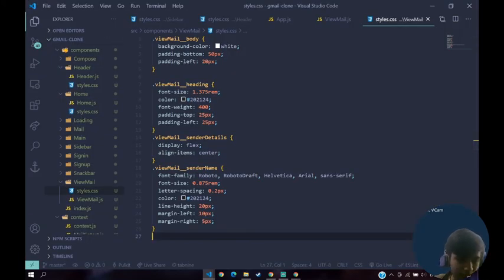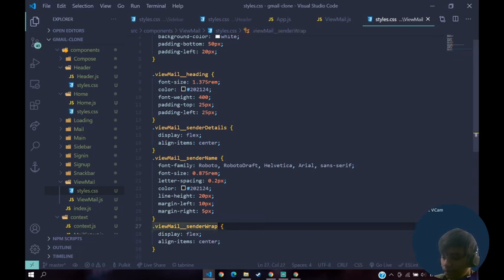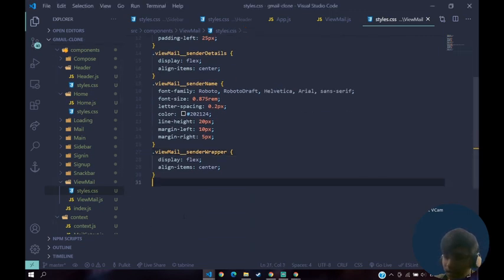And then we are going to give a display flex to our wrapper. Do that. Now that should look okay, nothing much. So it should be sender wrap in wrapper, extra p there, yeah, wrapper. Now it looks better. So here now let's give the sender email.